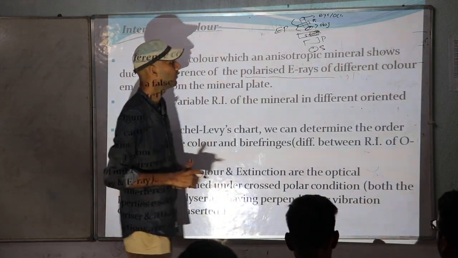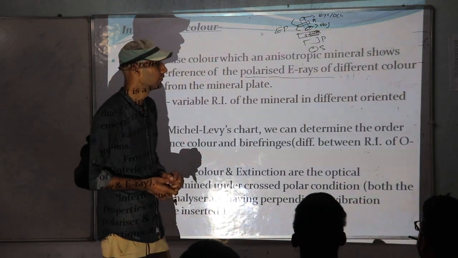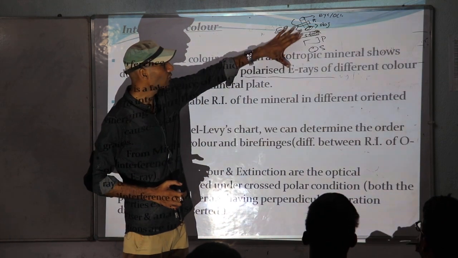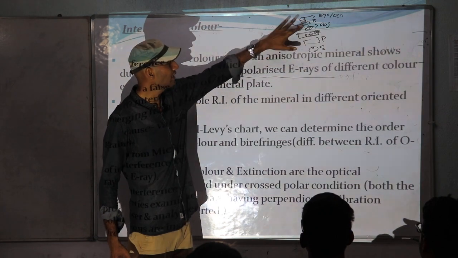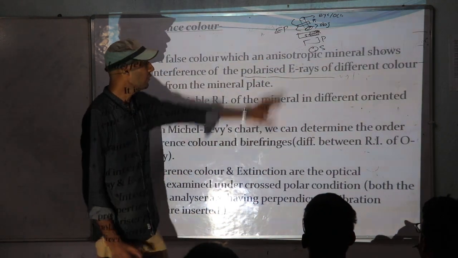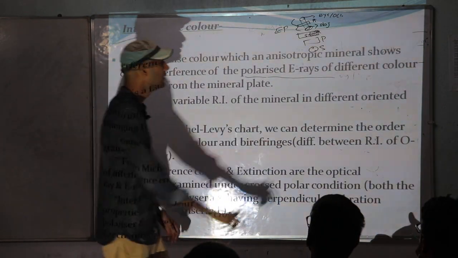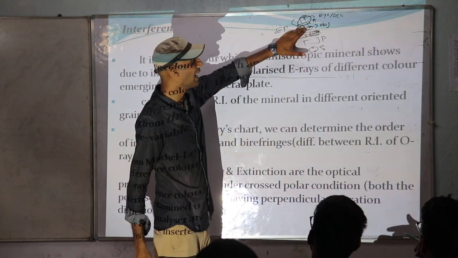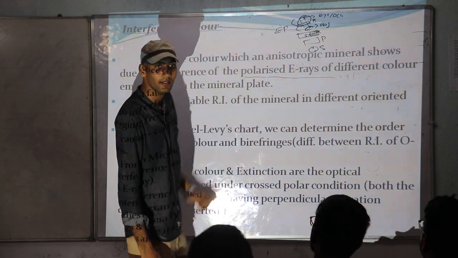Now let me know in which position the interference is going to happen. In which position of the microscope? There are different positions I have told: source, polarizer, stage, objective, analyzer, and eyepiece or ocular. In which region is there interference? Between the analyzer and the eye lens, because the light rays, the E rays, emerging from the analyzer are the only ones that can produce interference.